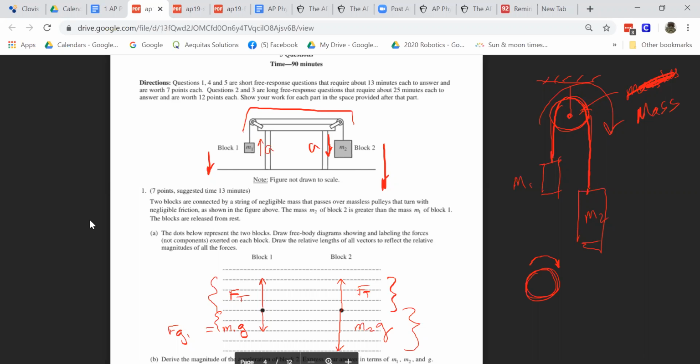That means there has to be a net torque on it. So if I have this tension force, I'll call this FT1, and here I'm having FT2. Now, normally FT1 and FT2 would be equal, but if the pulley needs a net torque to make it spin because it has mass and rotational inertia, then what you have to do is relate these two,